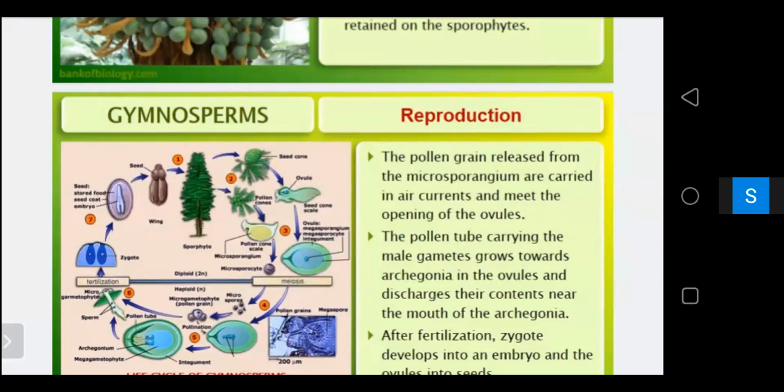The economic importance of gymnosperms: the seeds of Pinus, like chilgoza, are used as food after roasting. Some are edible plants, and the endosperms of some are used. They provide softwood for construction and the plywood industry. They are also used as fuel, and in plastics. Resin is a semi-fluid secreted by special ducts of a number of conifers. It helps in sealing female cones after pollination, and resin is distilled to obtain turpentine and resin that we use in painting.